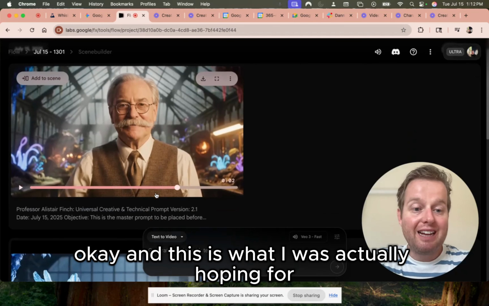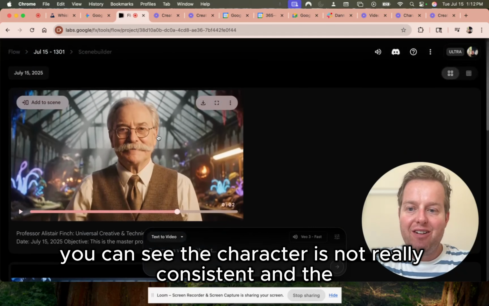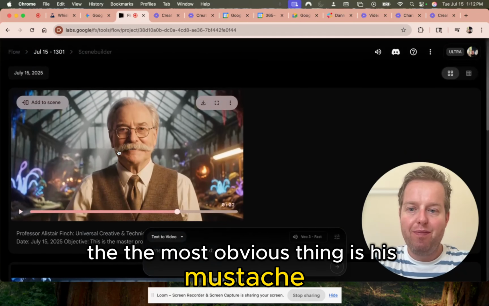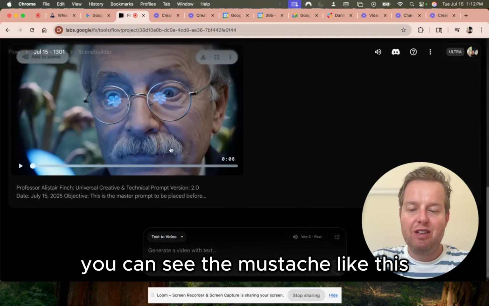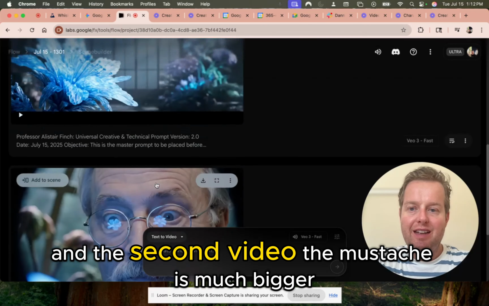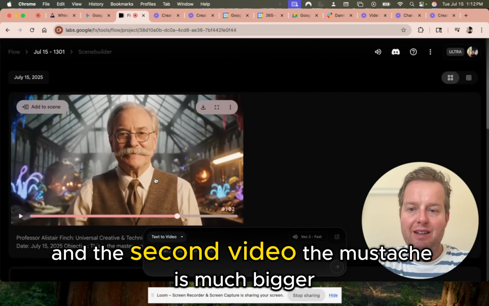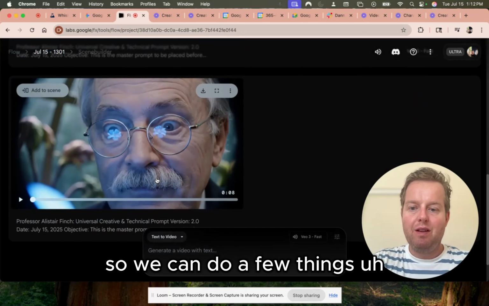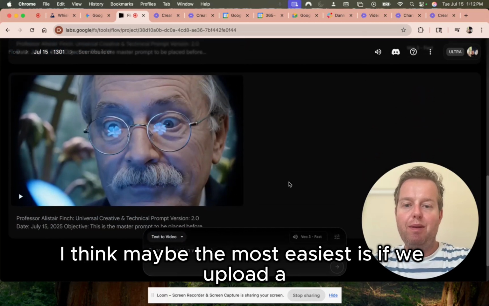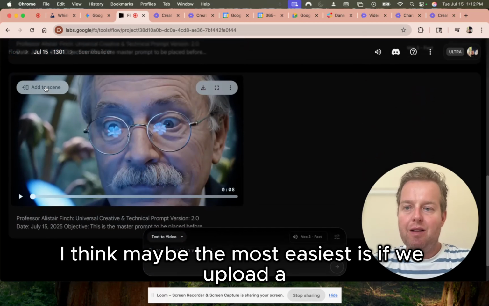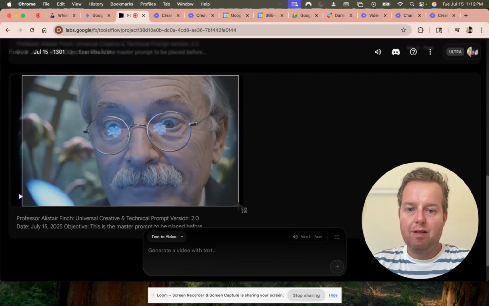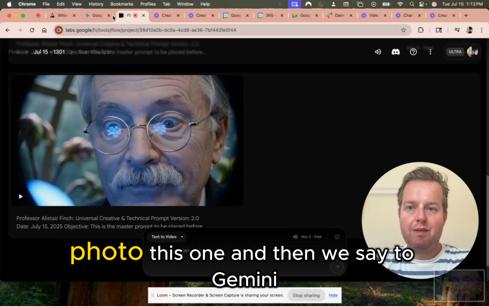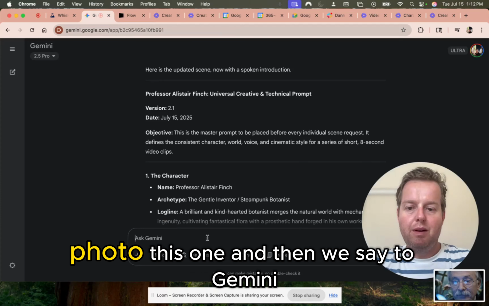Okay, and this is what I was actually hoping for. You can see the character is not really consistent, and the most obvious thing is his mustache. So if you look at the first video, you can see the mustache like this, and the second video, the mustache is much bigger. So we can do a few things. I think maybe the easiest is if we upload a photo, this one,